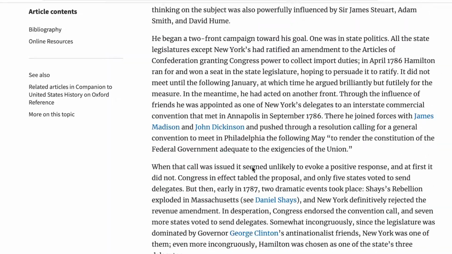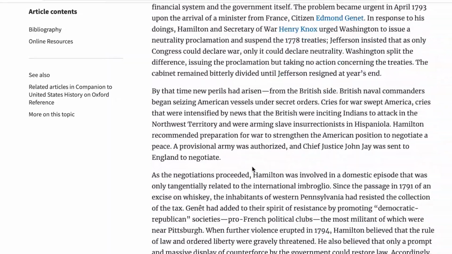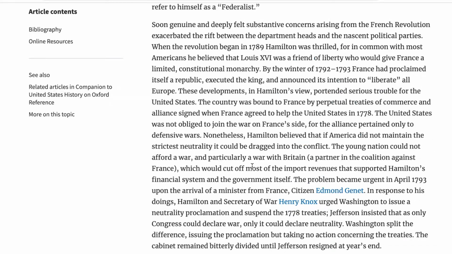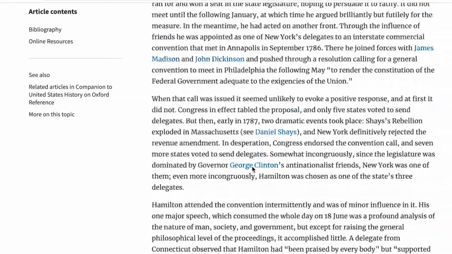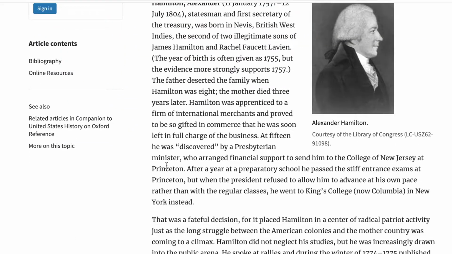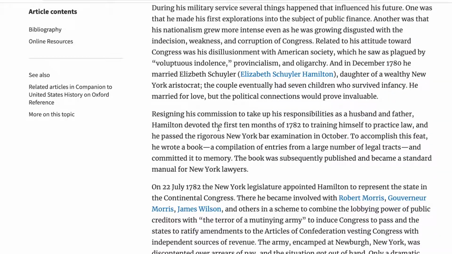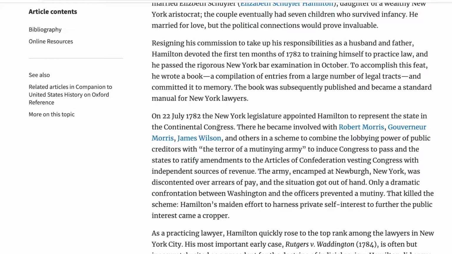A lot more information is in this source compared to the other source. You will want to print this out. You will want to annotate, circle proper nouns, box dates, underline key ideas, and take important notes in the margins. You really want to focus on anything to do with the Constitutional Convention or with your person's view of government or some of the big issues of the day, which would include slavery.